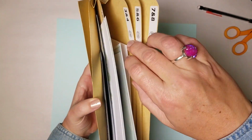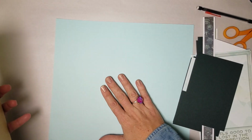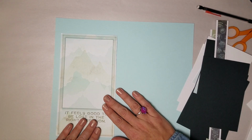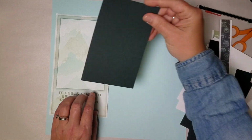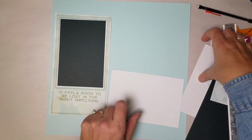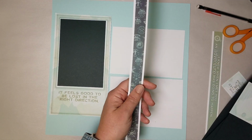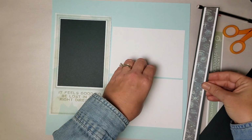Let's take everything out of the pocket for 3 and 4, and our base paper here is the sky. An extremely simple yet elegant layout. We're going to have the larger mat again that was part of the cut aparts on our left, and it holds, of course, one of those 4x6s we trimmed, and then 2 white horizontal mats on the right. There is a border strip that is nested with the pine green, so that fits perfectly, and we'll tuck that